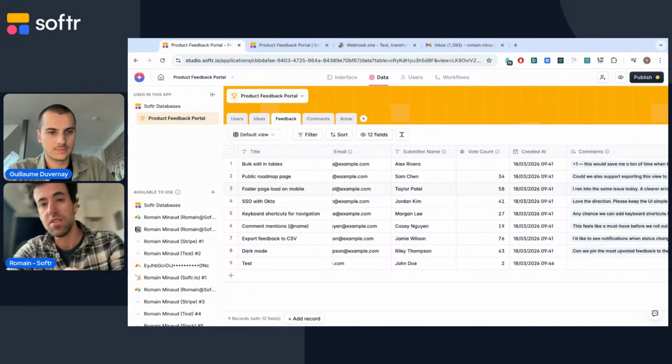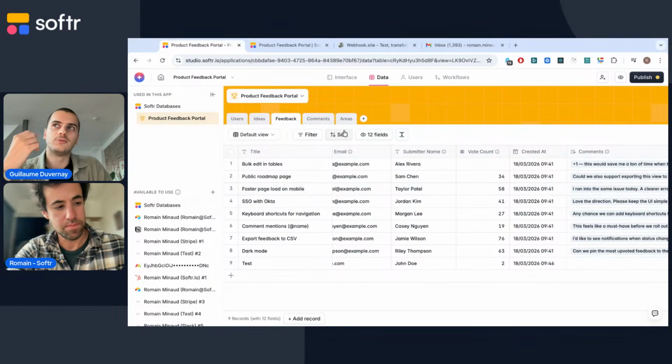triggered directly within the app, but with your own logic and your own database, and you're potentially also calling external services if needed. And in the end, limiting to one vote per user would work very well with the workflow, because you would have maybe another table with the logs of upvotes. So one row per user per vote, and in your workflow you would first check if they already voted for that feedback.